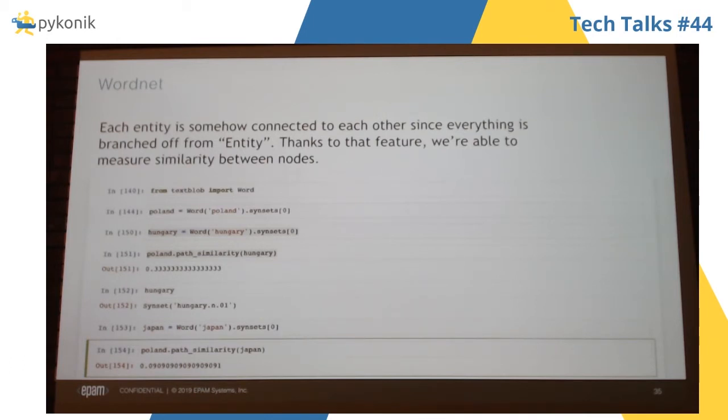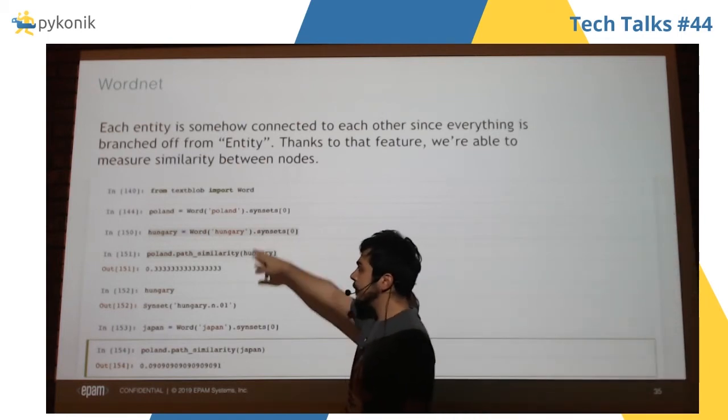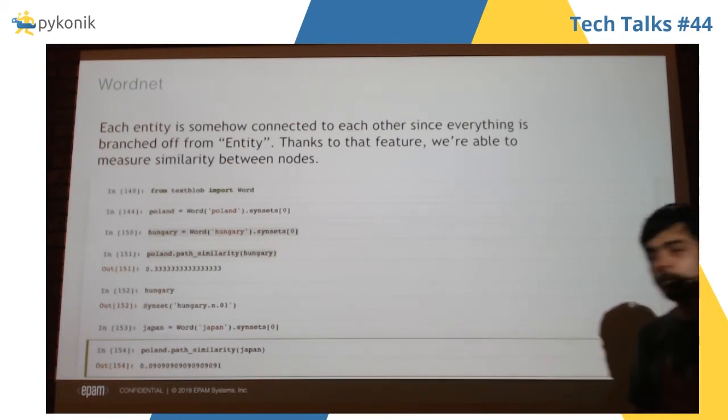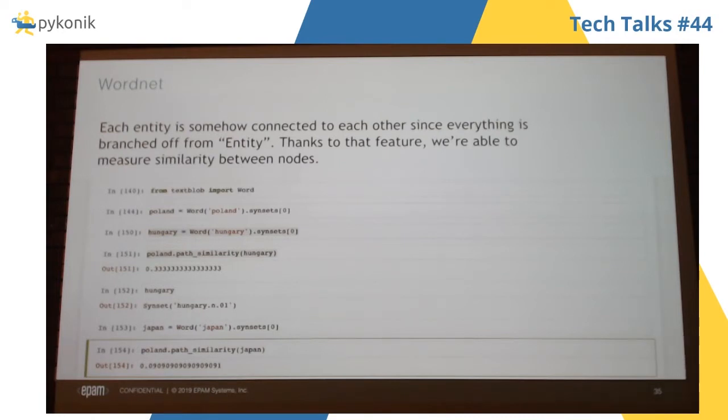When I'm getting the first synset of Poland and Hungary and measuring the similarity between them, it gives me 0.3. In the second line, I'm getting the similarity between Hungary and Japan, and it gives me 0.09 something, because they are far.